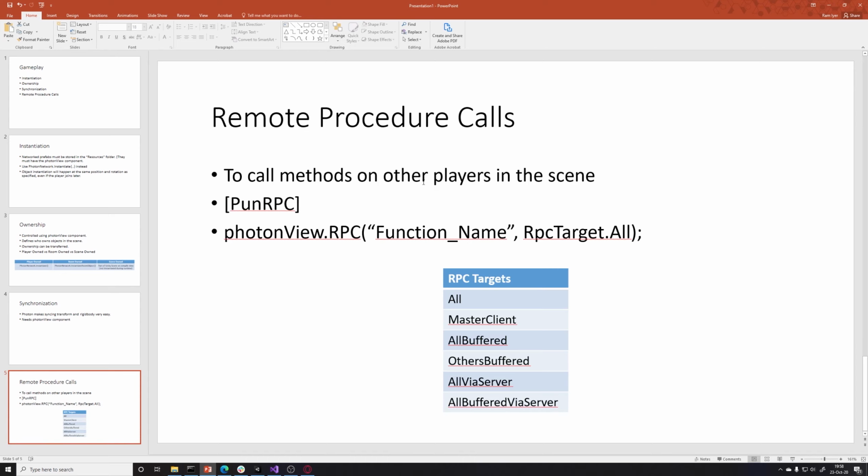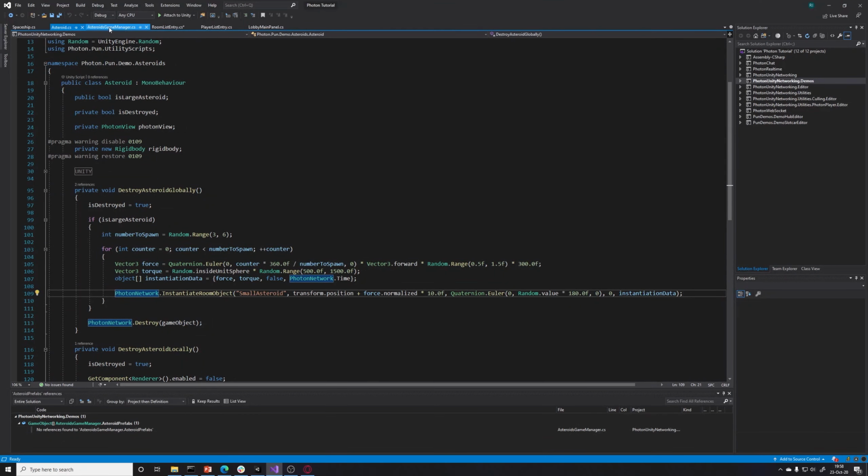This is so that you can call methods on other players in the scene. The way you do this is that you have this pun RPC before the function is declared, or before the signature of the function is written. So for example,